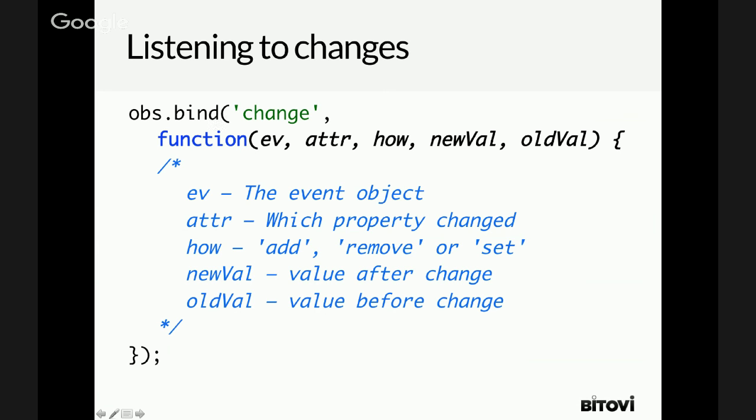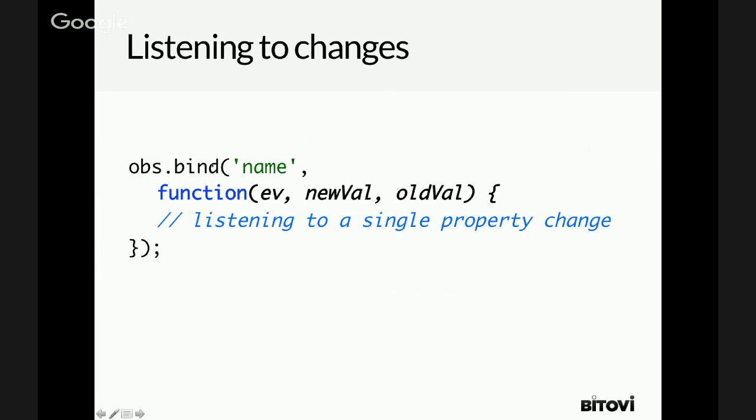Anyways, I can listen to a change event if I wanted, on my observable, and this will get called back anytime anything changes, and it'll tell you which attribute changed, how it was changed, whether the property was added, removed, or set. What set means is that the value already existed, but you changed it. And then finally with the new value and old value at that place. So again, you really shouldn't listen to the change event though. What you really should listen to, if you're going to listen manually at all, is the